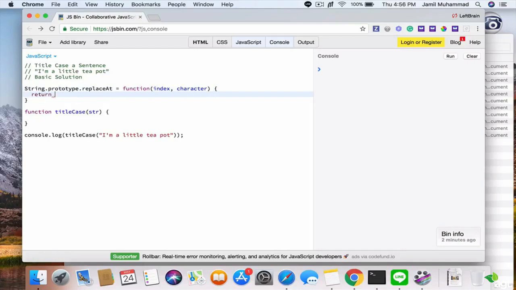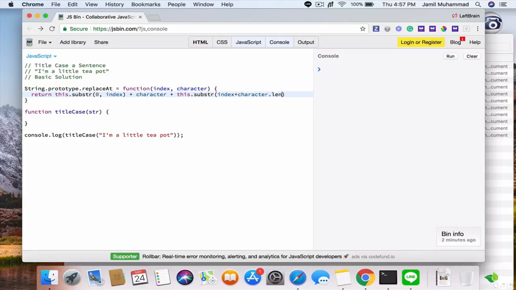and then with the return keyword, this substring 0 comma index plus character plus this dot substring index plus character plus dot length. Alright, comma, then put another comma here,